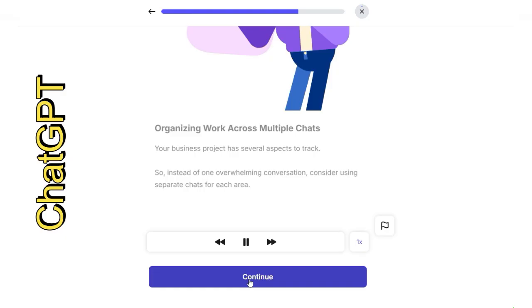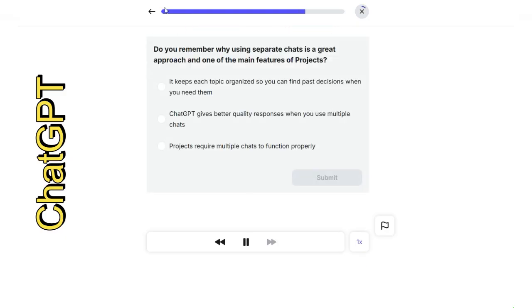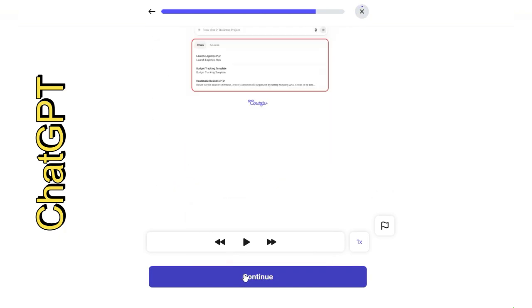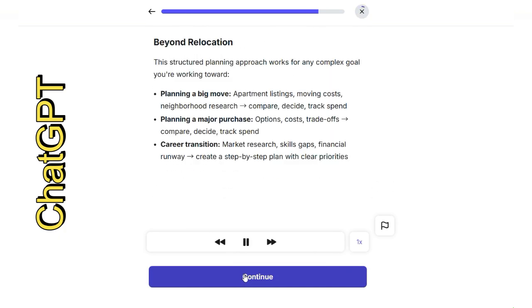Now you have a road. Organizing work across. Do you remember why using separate chats is a great approach? And one of the main features of projects? Hence, for your beyond relocation, this structured planning approach